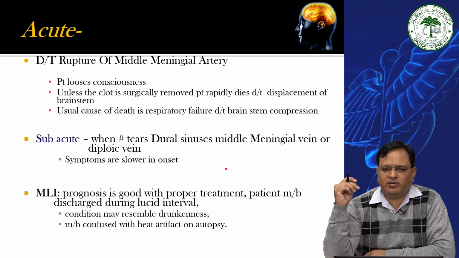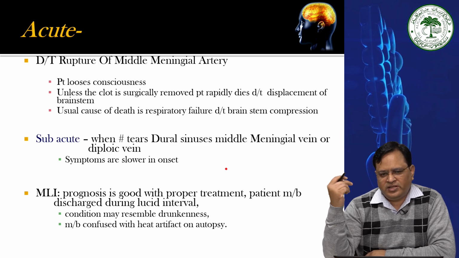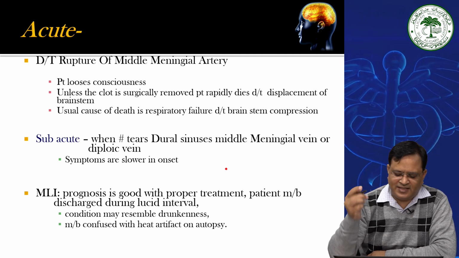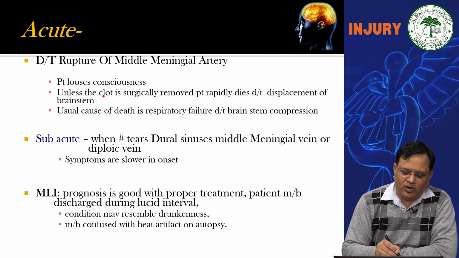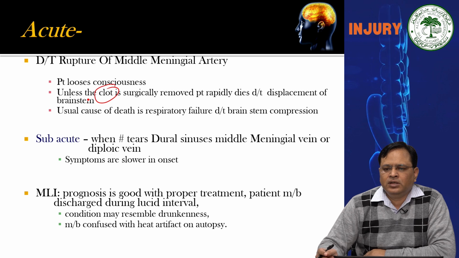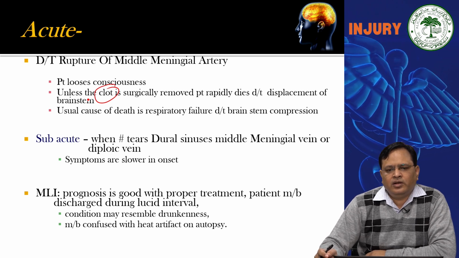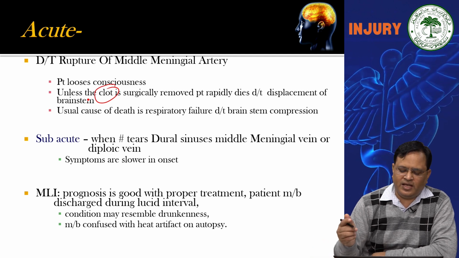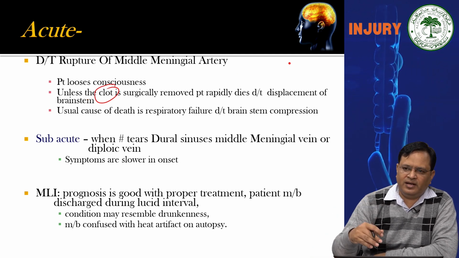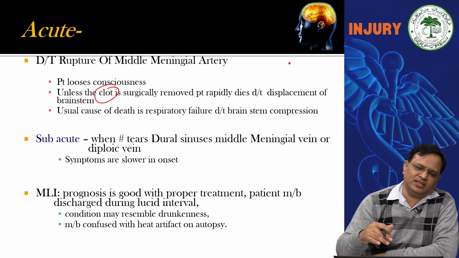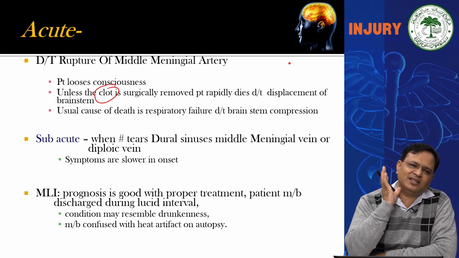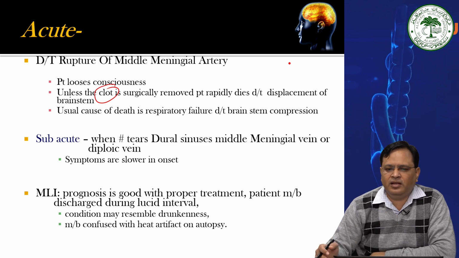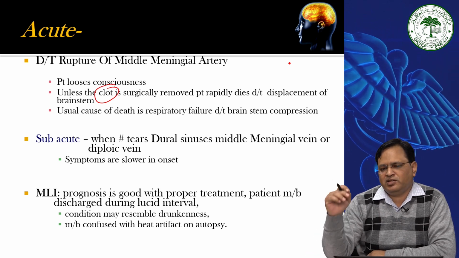Acute, due to rupture of the middle meningeal artery: the patient loses consciousness. Unless the clot is surgically removed, the patient rapidly dies. We have to remove the clot. The usual cause of death is respiratory failure due to brain stem compression. If there is an accumulation of the blood, it leads to pressure on the brain structures, and since the respiratory center is located in the medulla, it compresses the medulla, and there are chances that